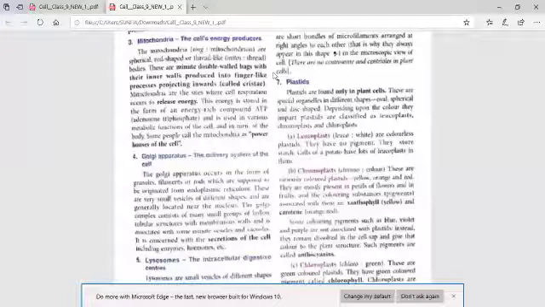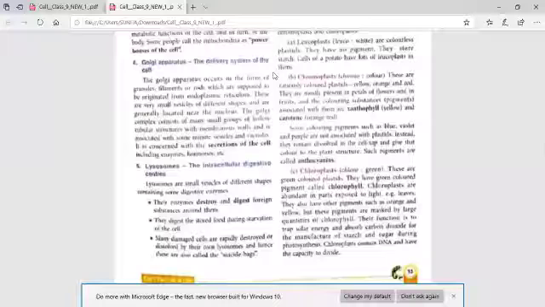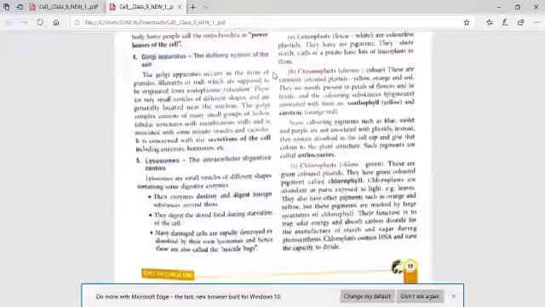Chromoplast, chromo means color. They are the colorful plastids which give color to the colored parts like the petals. They have color because of the chromoplast in them. Next is the chloroplast. Chloroplast is the green colored plastid. Chloroplast is the name of the organelle, and chlorophyll is the pigment which is present in it. Don't make any error while you write the answer. So chlorophyll helps in capturing solar energy and forming food in the form of glucose, right?